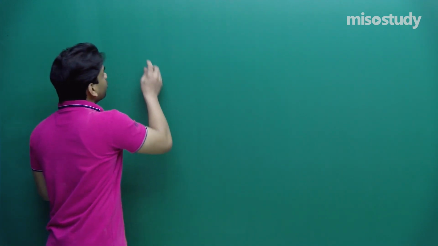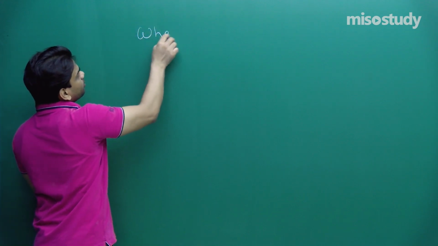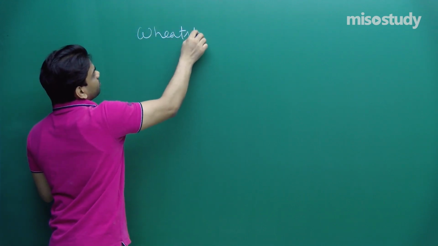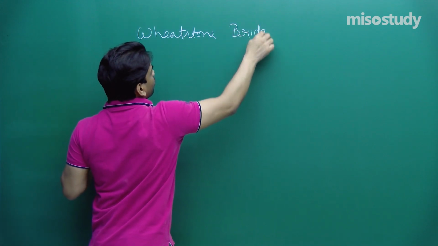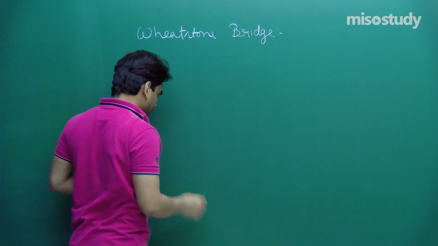In today's class, we will be using the Wheatstone bridge concept. If you remember, I have told you about Kirchhoff law, the Kirchhoff current law and Kirchhoff voltage law. After that, let's use the Kirchhoff law in understanding the Wheatstone bridge concept. It was the physicist Wheatstone who gave the concept of Wheatstone bridge. It's a very simple concept, but let's have an idea about what this concept will detail us.